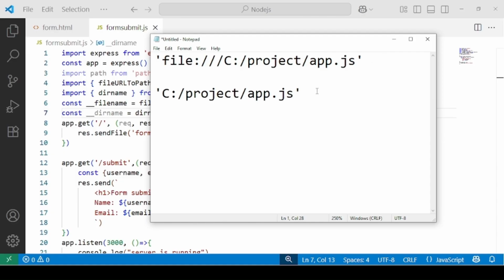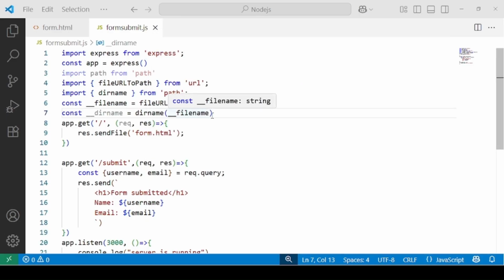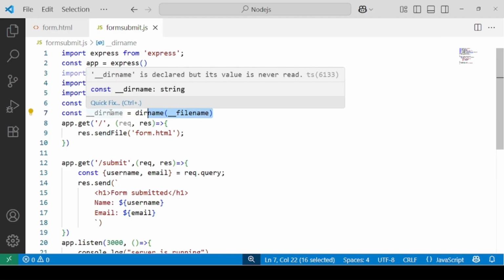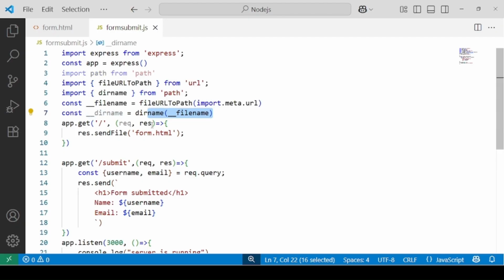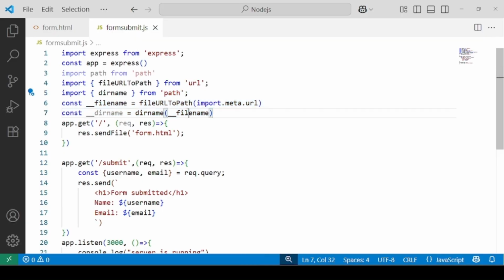The real path will be converted into the absolute path, that is this one. And the second line will extract just the folder path from that file path. Now together, they allow you to work with file and directory paths like you would be using in CommonJS.